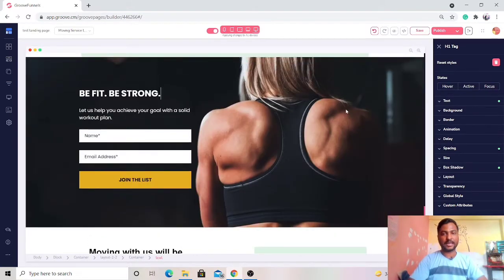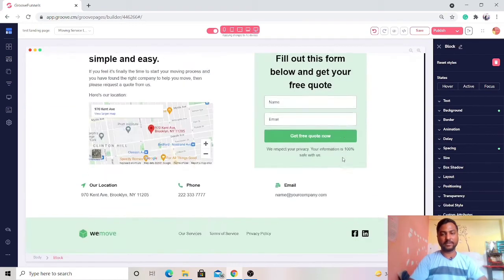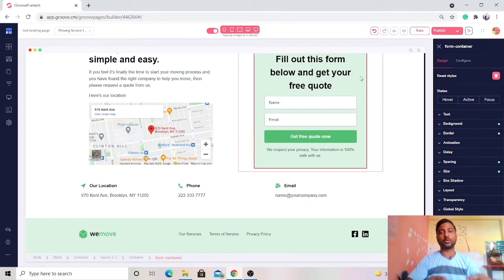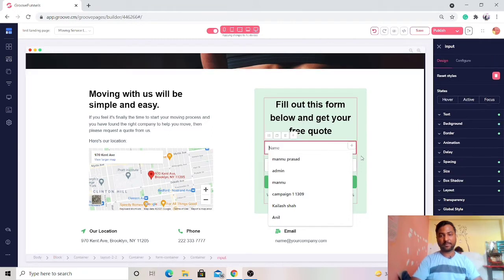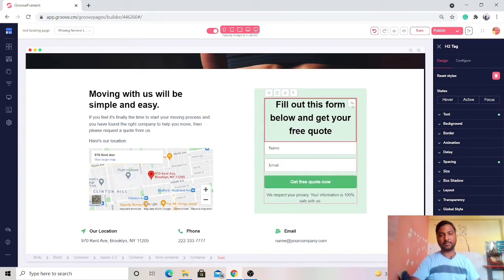Now I'm just going to delete that form, or let's leave it there, and let me show you how we can integrate this form. I'm going to select the form area. You have to completely select the form area. If you select just the name area or email area, you won't be able to integrate it. So first of all, make sure that the entire form area is selected, and after that you will see that a configuration option is showing at the right-hand top area.